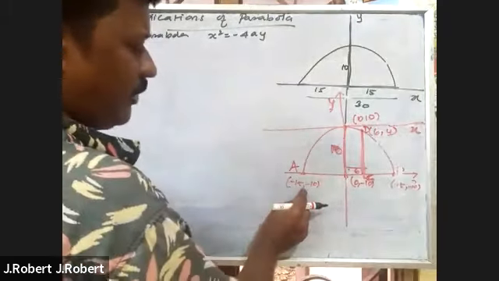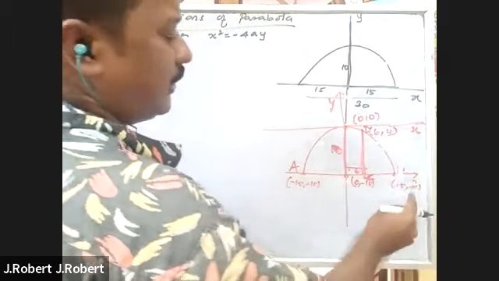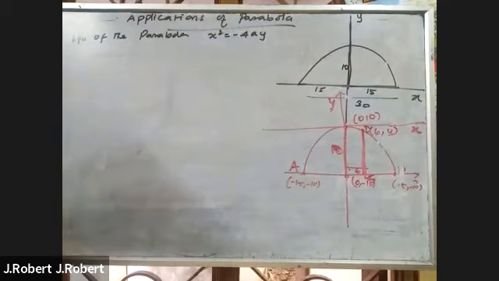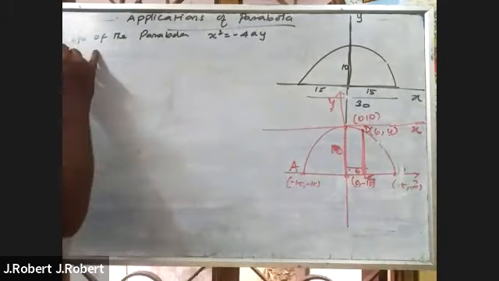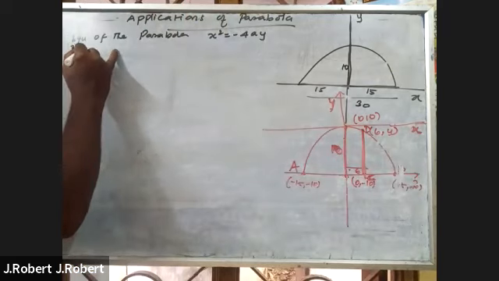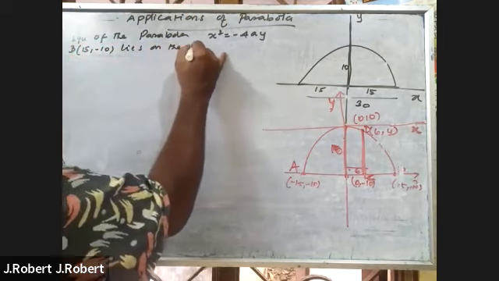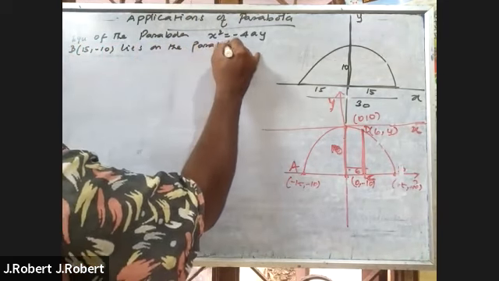ஒன்னு -15, -10. இன்னொன்னு 15, -10. 2 பாயிண்ட் தானே இருக்கு. நான் ரைட் ஹேண்ட் சைடுல இருக்கிற பாயிண்ட் எடுக்கிறேன். என்ன பாயிண்ட் அது? B of 15, -10 lies on the parabola. அப்ப பாருங்க,